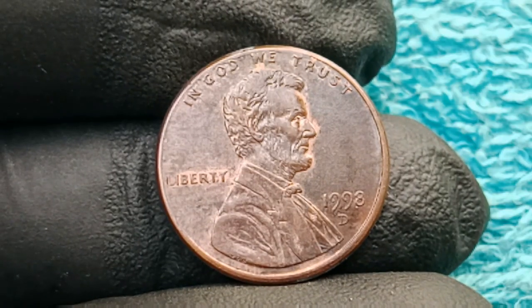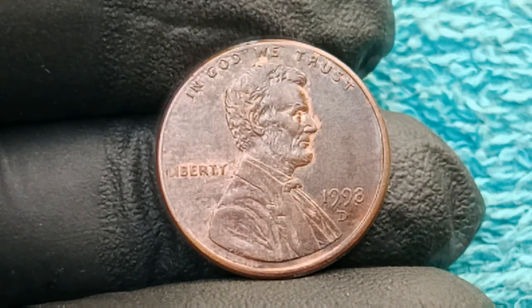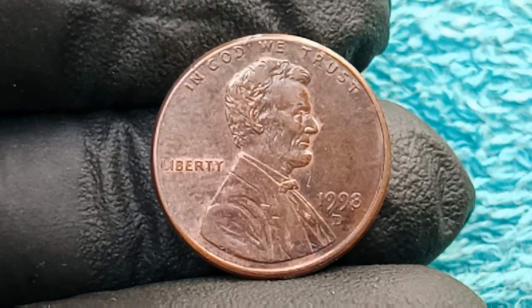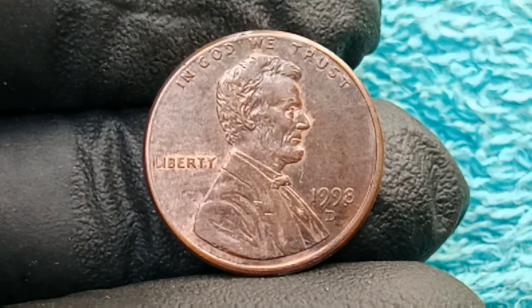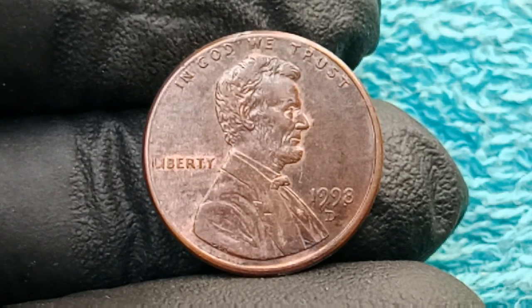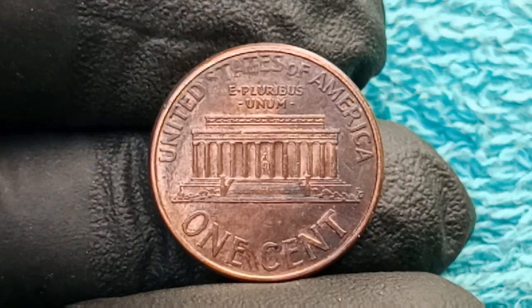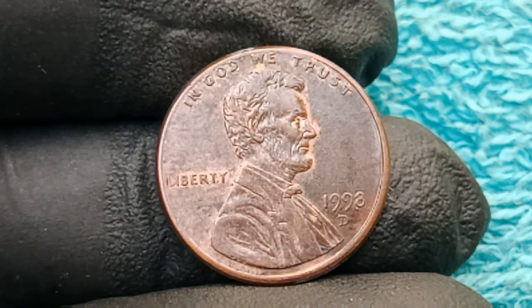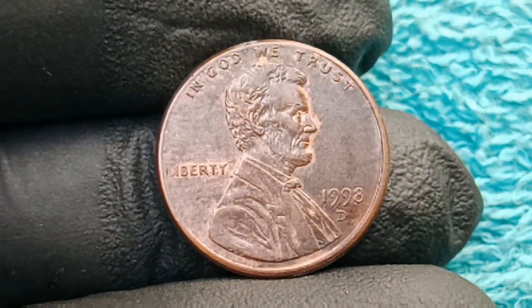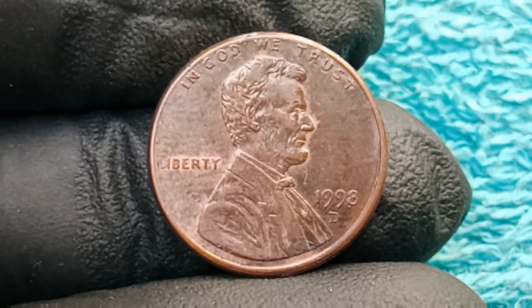meant to be a regular Lincoln penny featuring the familiar obverse portrait of Abraham Lincoln designed by Victor David Brenner and the reverse depicting the Lincoln Memorial, some of the coins struck that year had striking errors and unexpected variations that transformed them into rarities, and collectors know that in numismatics rarity, demand, and condition drive value to unbelievable levels. So when a coin not only has rare features but also carries visible mistakes from the minting process, its value can skyrocket beyond imagination, and the 1998 D penny that made headlines was no exception, as it contained multiple layers